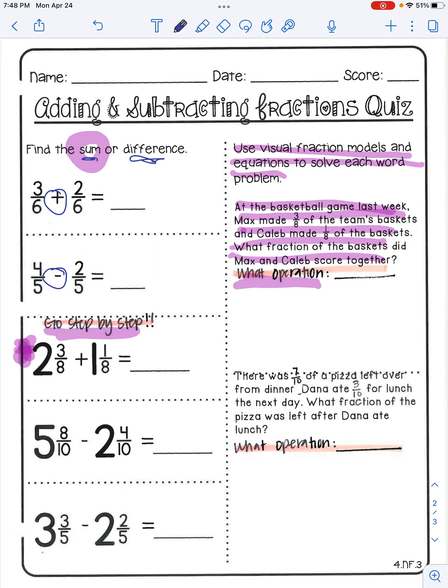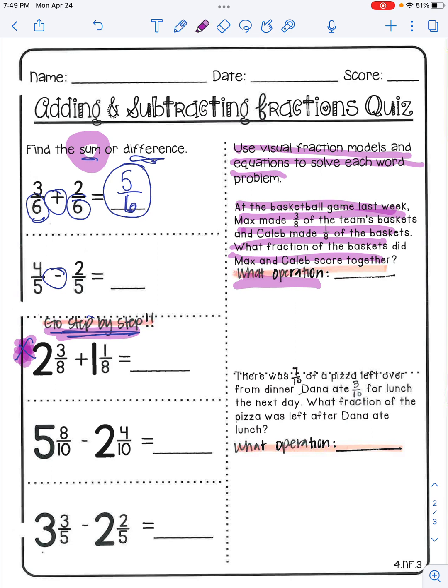Okay, so this is going to be very easy. The denominator is the same. So if the denominator is the same, then you're just going to move everything over. I noticed that this denominator is the same as this. And then you're going to add the numerators. What is 3 plus 2? 3 plus 2 is 5. So this is your numerator and this is your answer, 5/6.